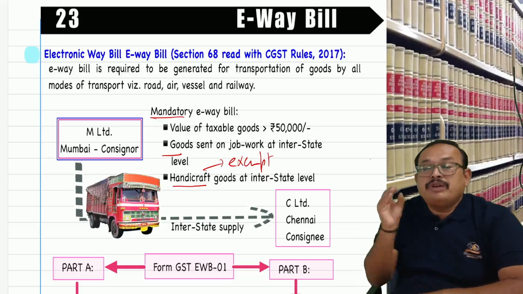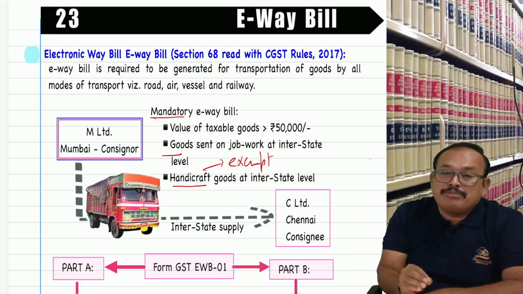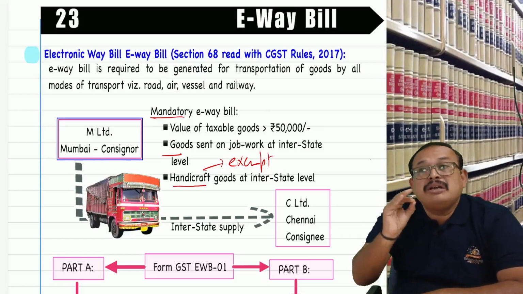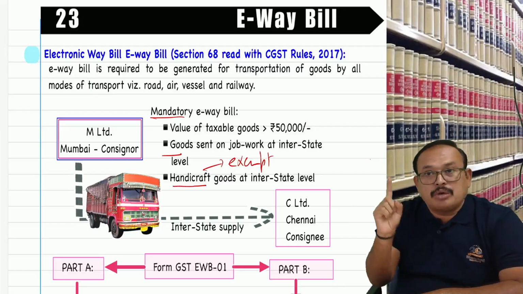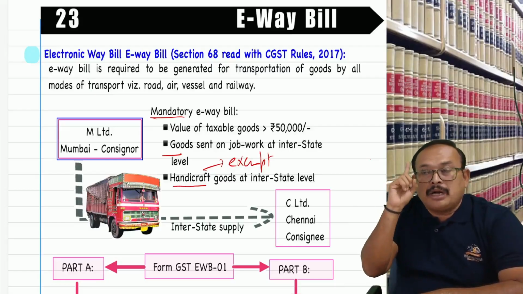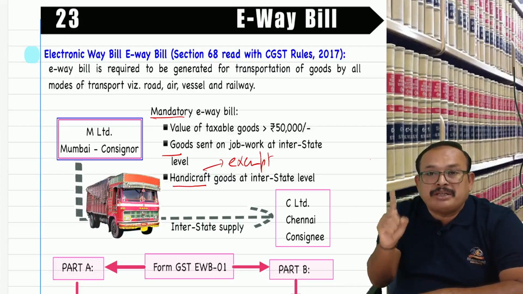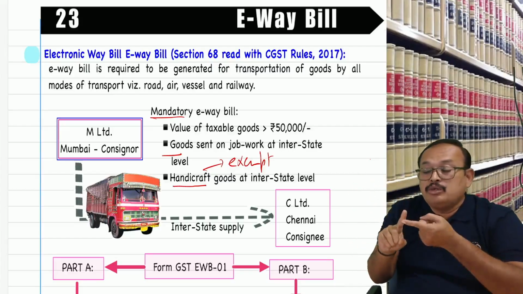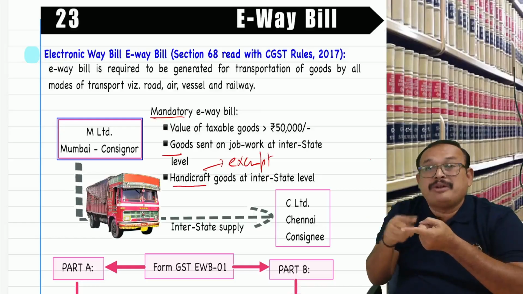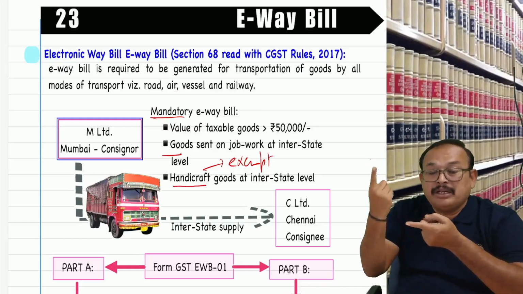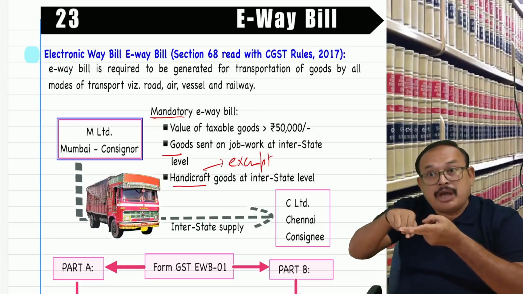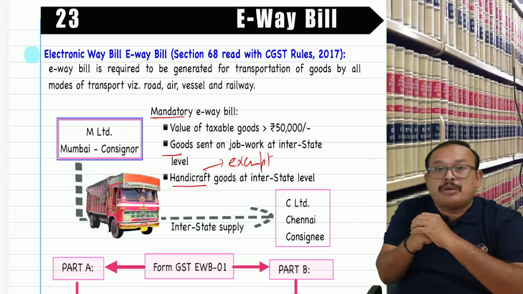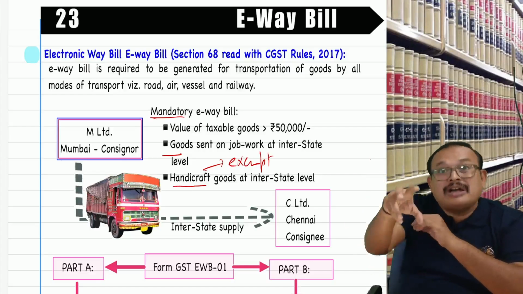Therefore, when you are dealing with the department on the GST portal, be clear with your transactions. You have to round up yourself. Not only the GST department looks from the GST point of view, they look from a holistic point of view. How long you submit the return, whether the income return is submitted or not. If you submit, what is the reporting, what is the bank transaction, how many banks you have, what are the transaction turnovers, and what type of goods you supplied, who are the buyers from whom you got the payment,